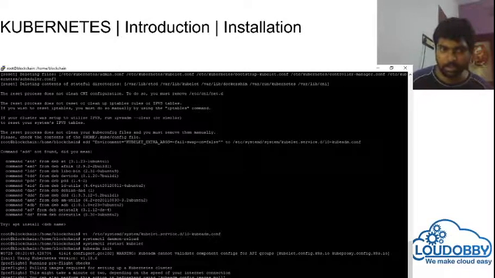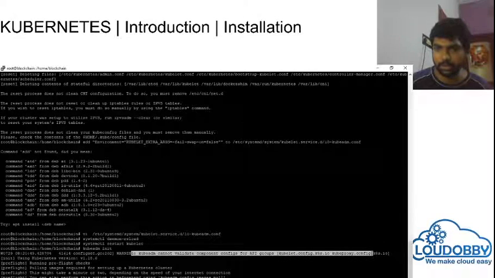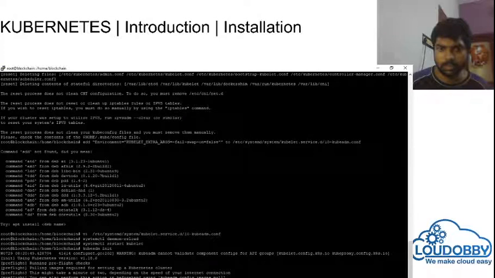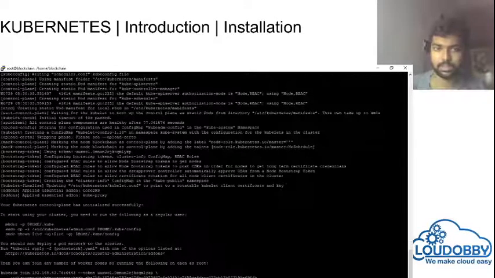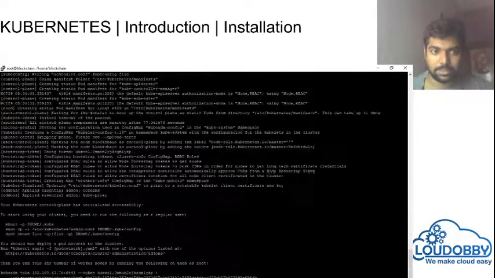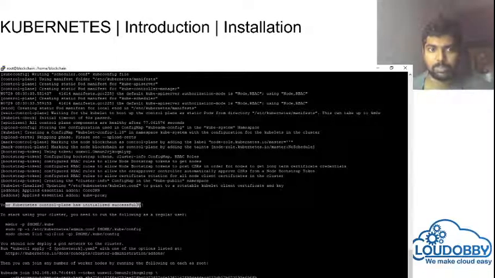I am facing this warning again: cannot validate the component configuration API groups. Let's see. It pulls the Docker images again for the master server. Now if you see, finally it has been installed. So you can see your Kubernetes control plane has been successfully initialized.